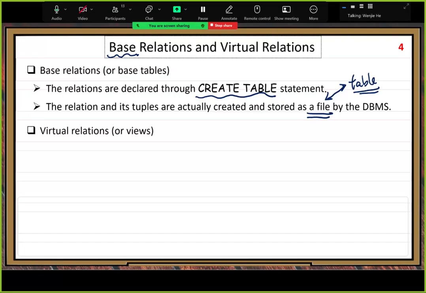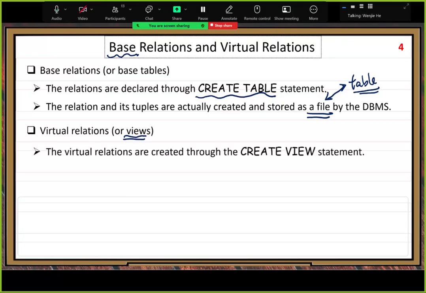Virtual relations. In SQL we use the view concept. View means a virtual table. Virtual relations are created through create view. You just replace the table keyword with the view keyword. The remaining syntax is the same. When you create a view, a virtual table, you have fields,